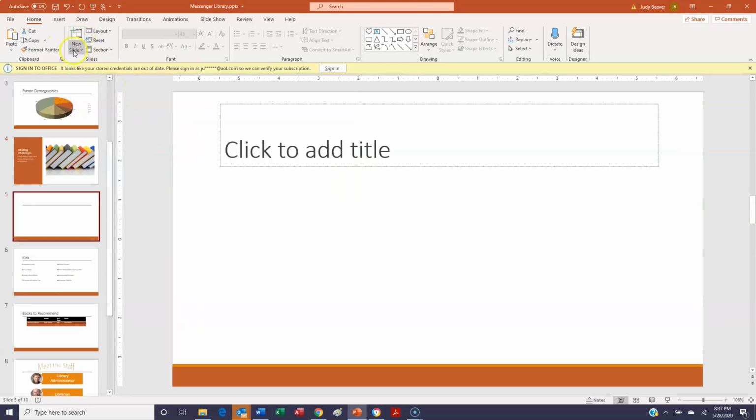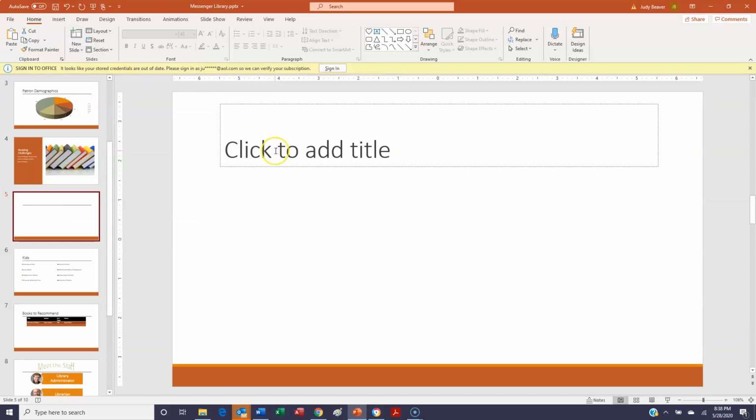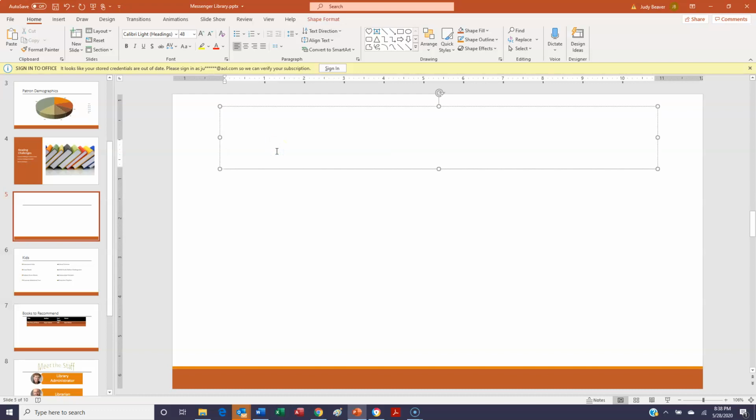All right, so I could insert a new slide and then go to the layout button, but I could also click that lower half of the button and then choose one of the layouts, which is exactly what we did. We did title only. So I'm going to type the title, Club Selections. Okay, and then I'm going to first add a picture, and then from that picture create a link